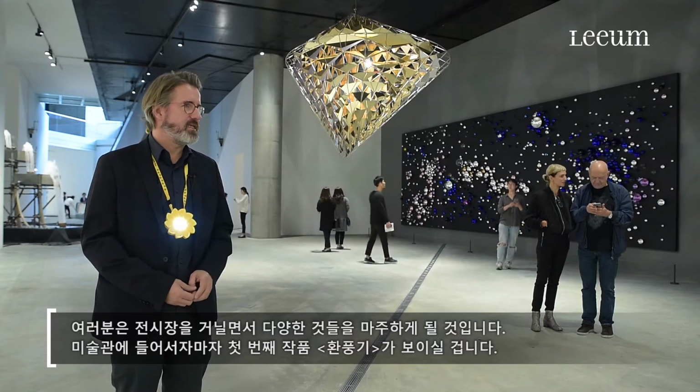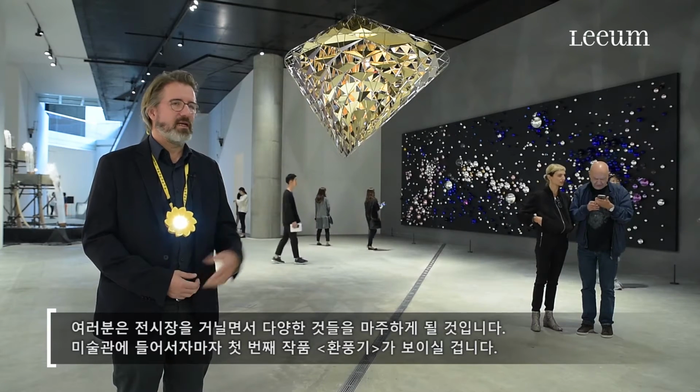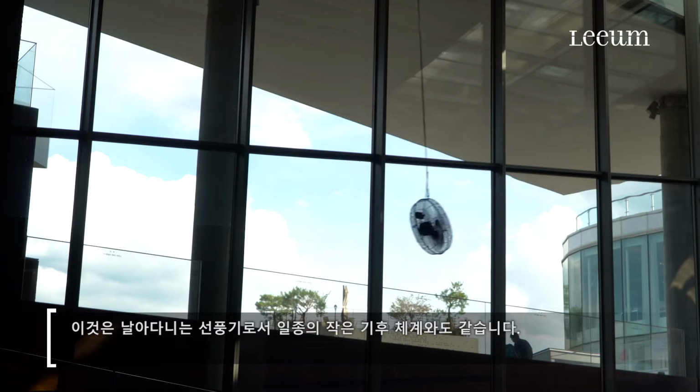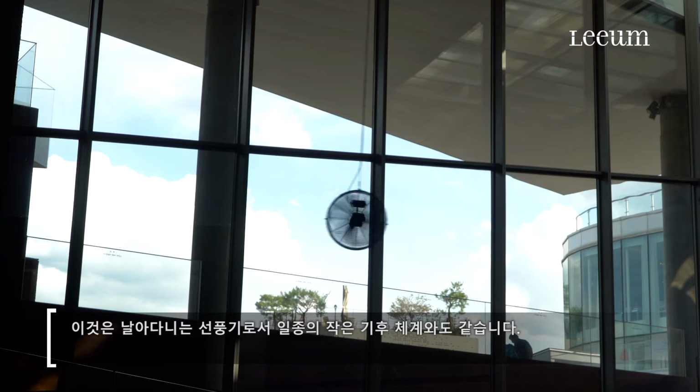Walking through the exhibition, you will encounter different things. Already entering the museum, you might notice the first work is a ventilator. It's like a wind machine which is flying around, almost like a little weather system. And once you move further into the exhibition, you will come down the escalator and you